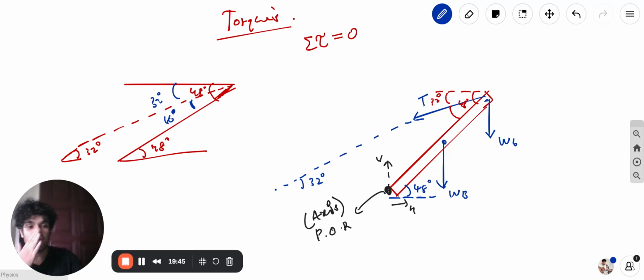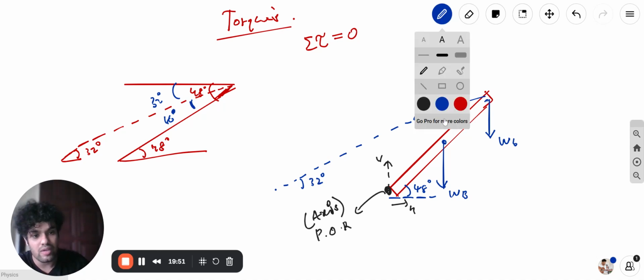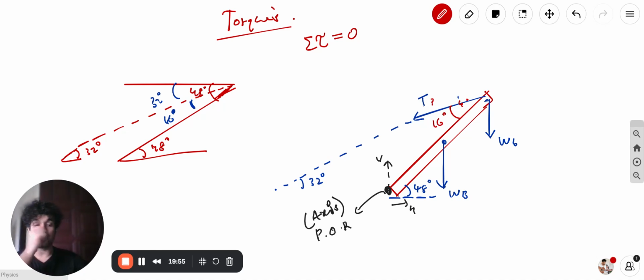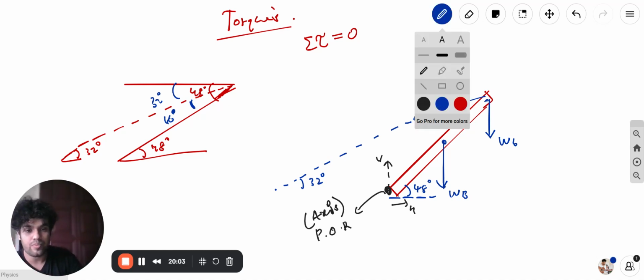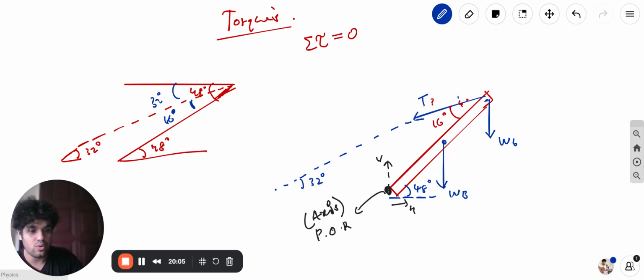Okay. So if that is 16 degrees, let me just get rid of this and this and this. So we have this angle to be 16 degrees. Okay, now let's look at the torques acting on the system. So there's only three forces acting which causes a torque. The first torque is produced by